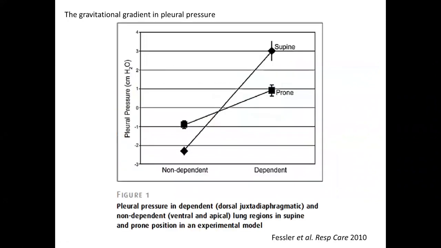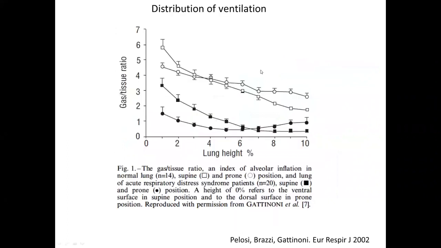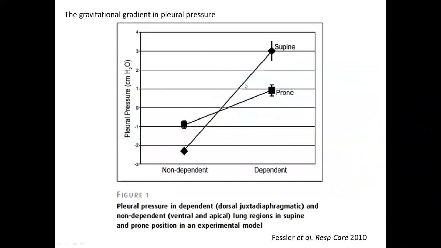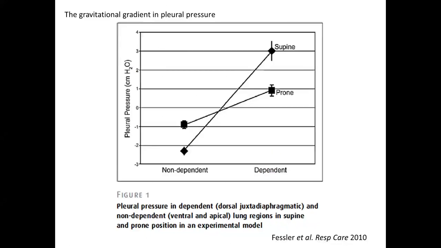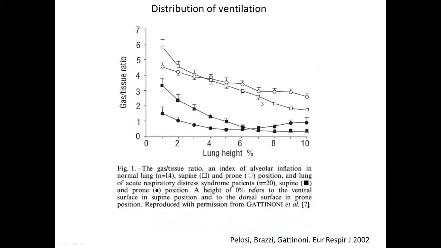And this graph shows the same thing: in the supine patient, the gradient of pleural pressure is much greater than in prone position. This has quite a significant effect on distribution of ventilation, because the more homogeneous distribution of pleural pressure makes the distribution of transpulmonary pressure more homogeneous. So in this physiologic paper published by Gattinoni in the early 2000s, you see in healthy patients